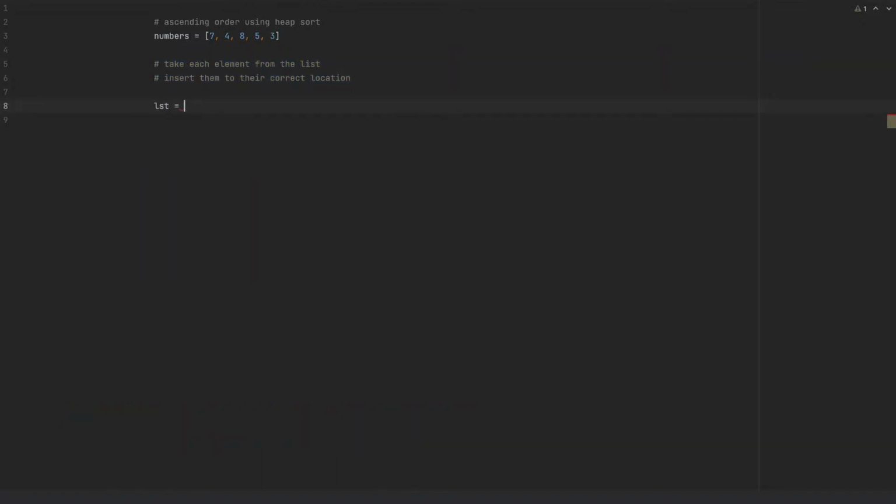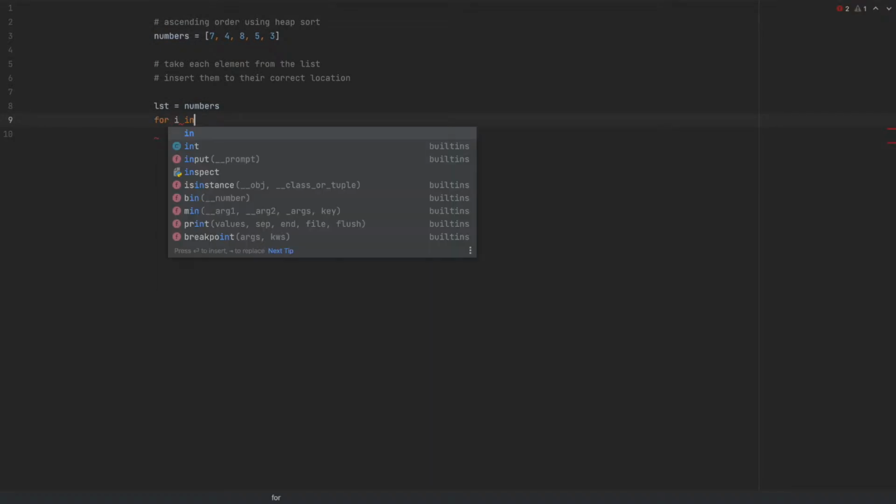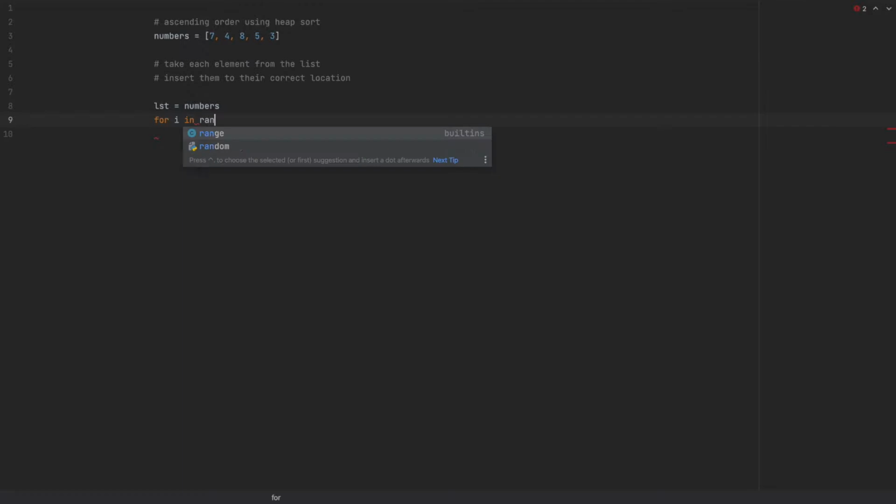First, I make a copy of the input numbers, and then I will go through all the indexes. This is the take all elements part, from the first index to the total number of elements in this list. Please note that this is not the 0th element, so actually we are skipping one, and that is because I will need another variable which will go from i minus 1, so from the 0th element, and we will first check if we can swap the 0th and the first element.